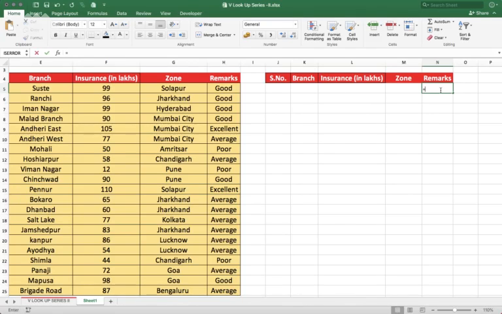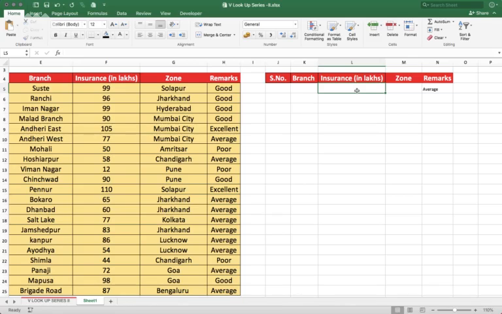So I'll put equals to, I'll put double quote and write average, and then press enter. Now I want the list of those branches which have done insurance business less than 60 lakhs, but are categorized under average remarks.